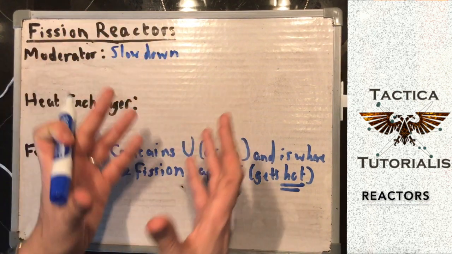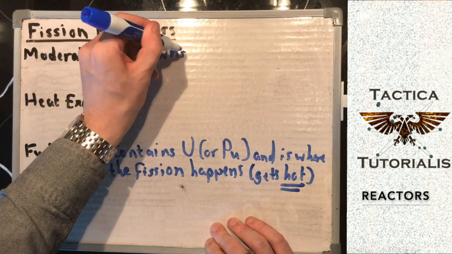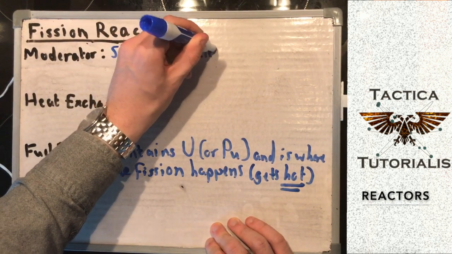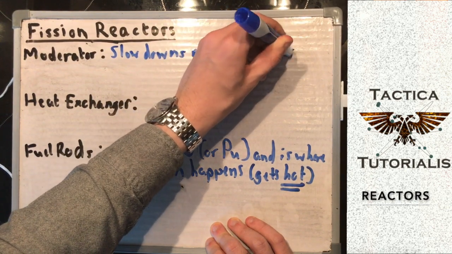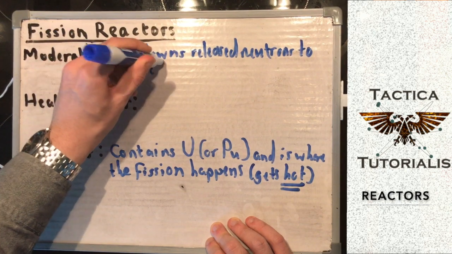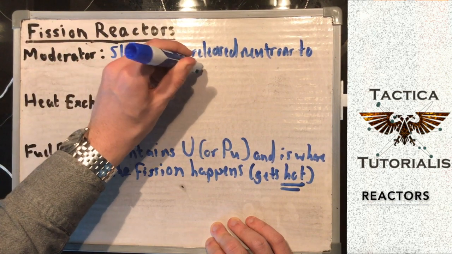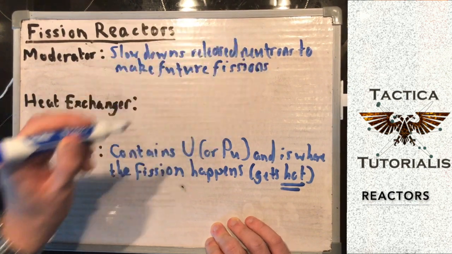neutrons. It moderates their kinetic energy. That's where the term comes from. It slows down released neutrons to make future fissions more likely. Now, this might not make much sense without a deeper understanding of nuclear physics that you don't need, but essentially,